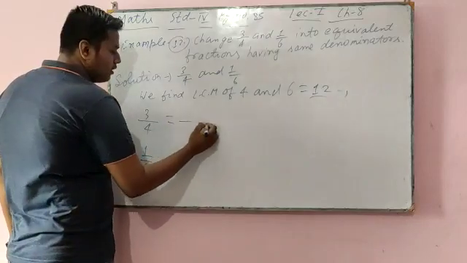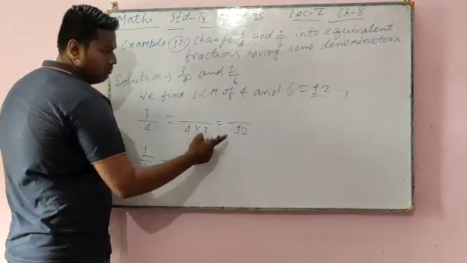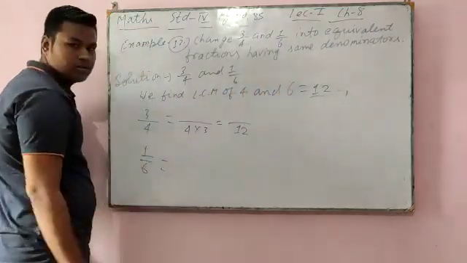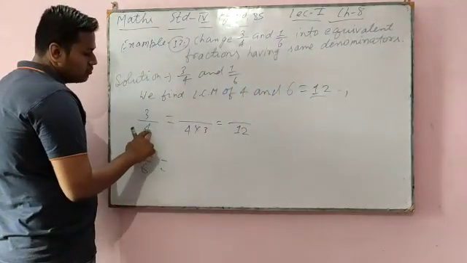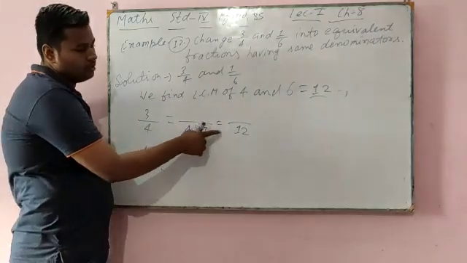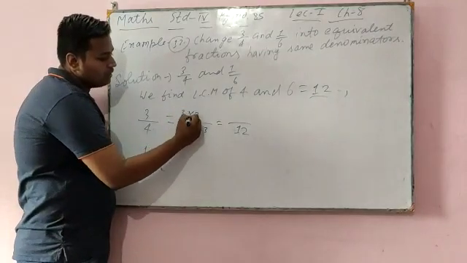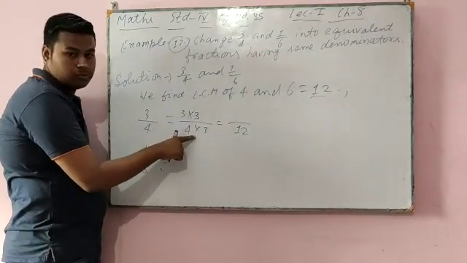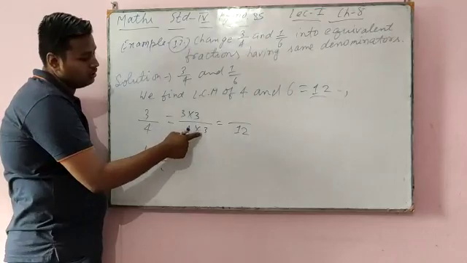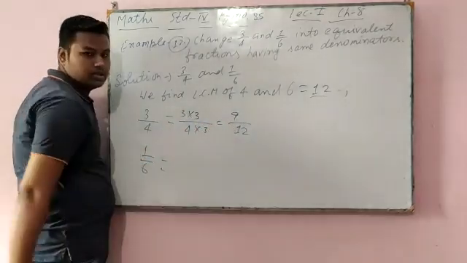So I will multiply 4 into 3. So see, 12 will come, because I have to take out this 12. With denominator 4 I have multiplied 3, then my 12 came. So with the numerator 3 also I will multiply 3, because if you multiply the denominator by 3, you have to multiply the same number here also. So 3 into 3, 9.